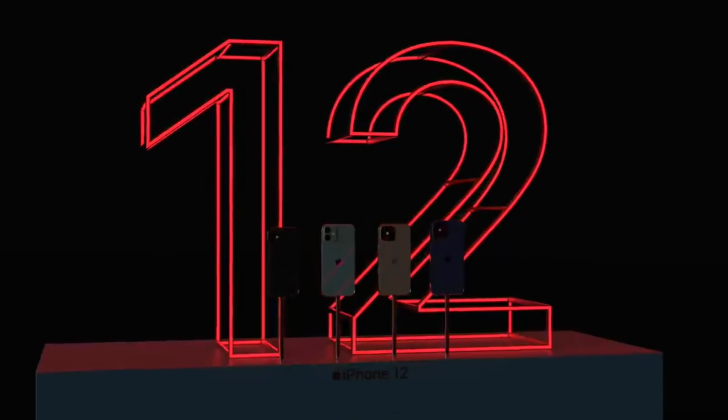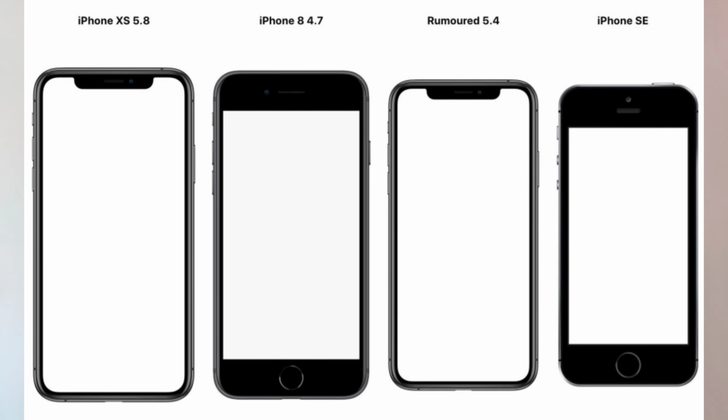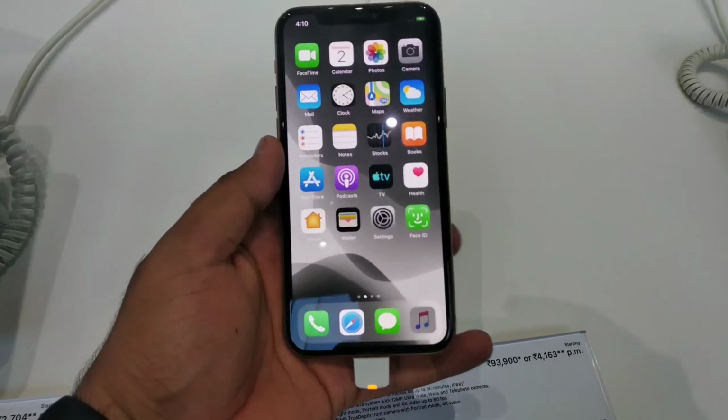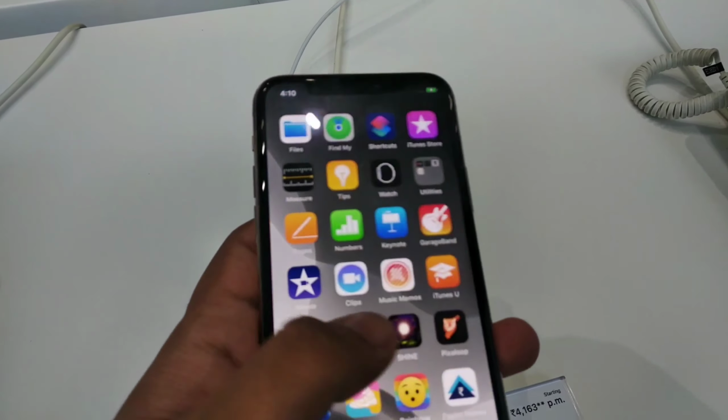So guys, first of all, let me discuss the size and the form factor of this iPhone. Guys, this is going to be a very compact iPhone after a long time. The size of this iPhone is going to be slightly bigger than the old iPhone SE and slightly smaller than the new iPhone SE. So guys, nowadays every single smartphone that is launching has a bigger display. The minimum display size is 6 inches, whereas all the smartphones are increasing in size, whereas Apple's current iPhone 11 Pro is considered a small phone. Still, it is a 5.8 inch iPhone, but it is a small smartphone, whereas the upcoming iPhone 12 mini is